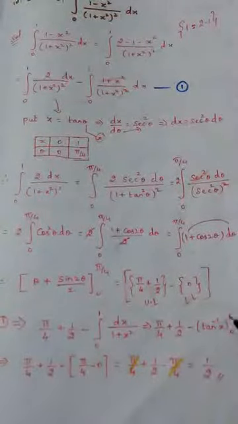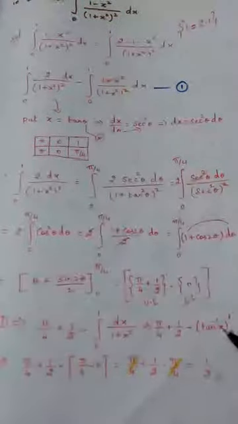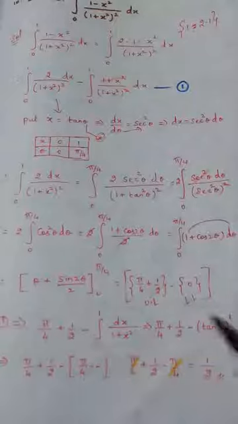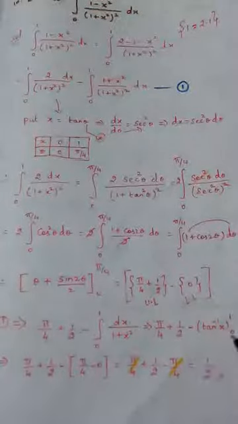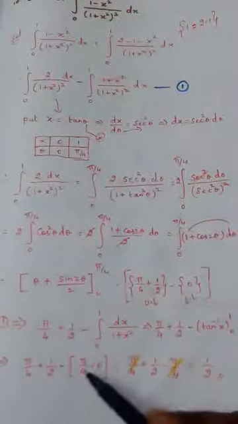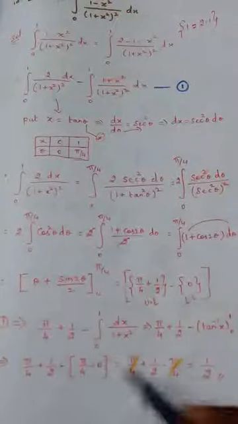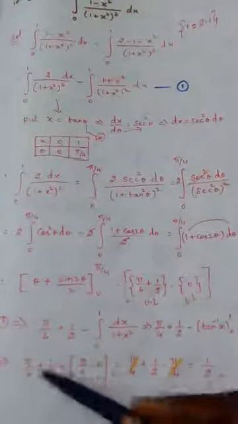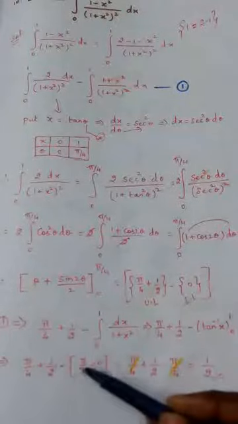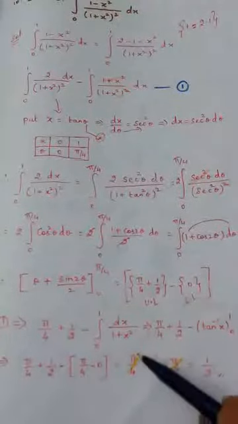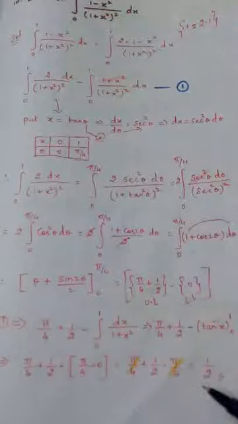Apply the limit now. Upper limit tan inverse 1, 45 degree, pi by 4, minus lower limit tan inverse 0, which is 0. So upper limit minus lower limit. When you bring this minus inside, these two stay. This becomes minus pi by 4. So this and this get cancelled and the final answer is 1 by 2.